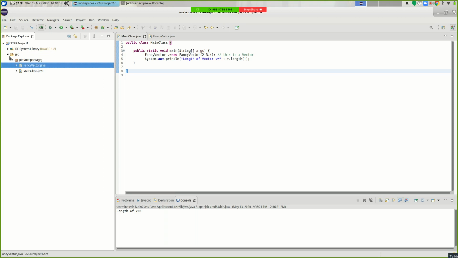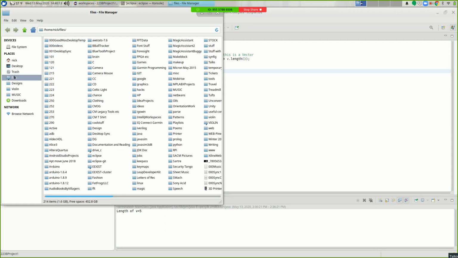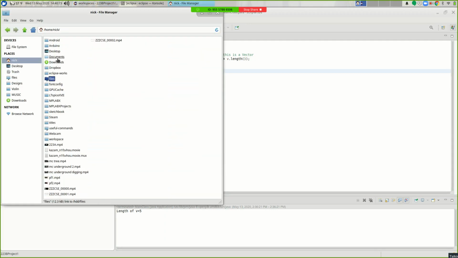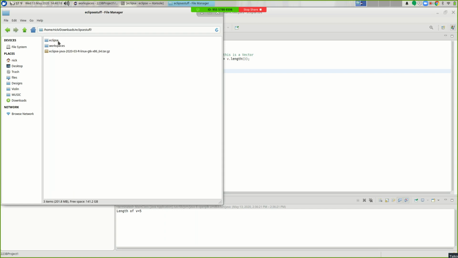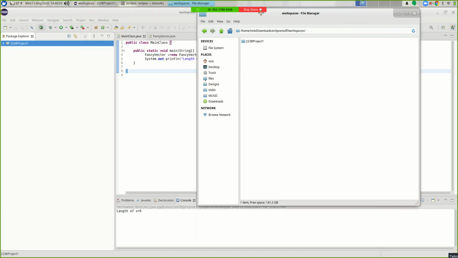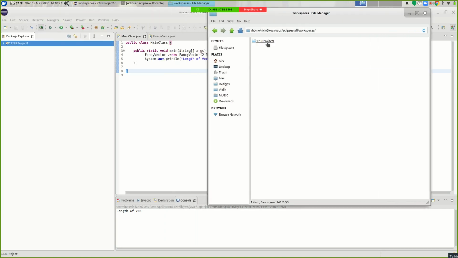All right, let's look at the structure of this a little, and we don't usually need to mess with this, but it's worth looking at anyway. So 223B project 1, that's my main project. If you remember, I went to my download area and I made this Eclipse stuff and I made workspaces. Inside there is my 223B project. And under that I have a bin directory and a source directory.